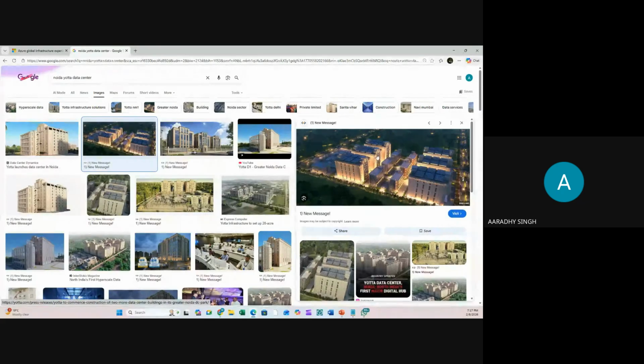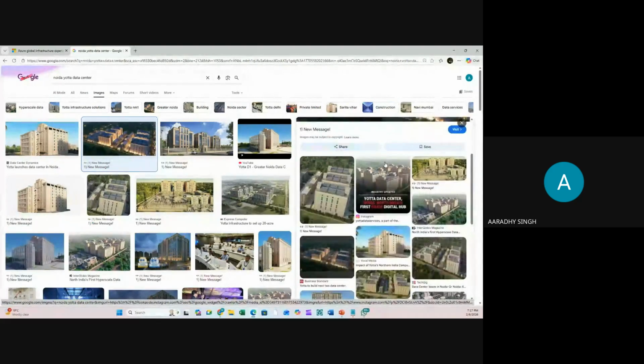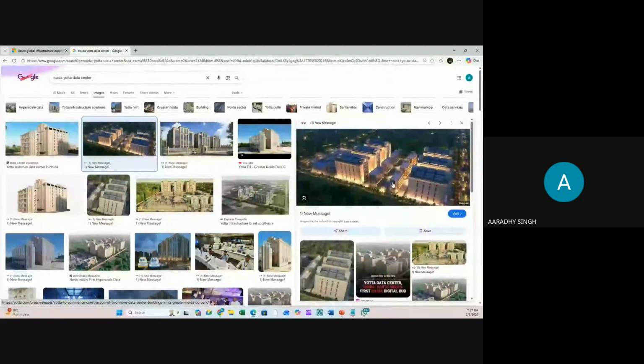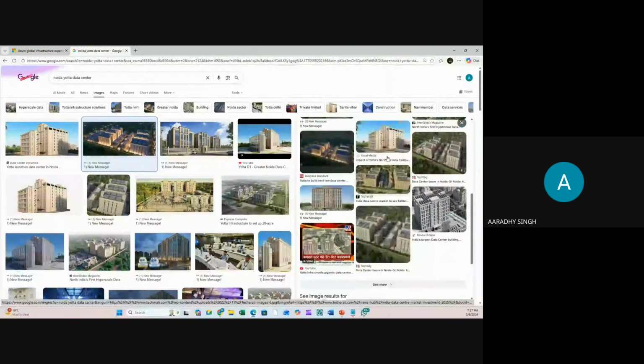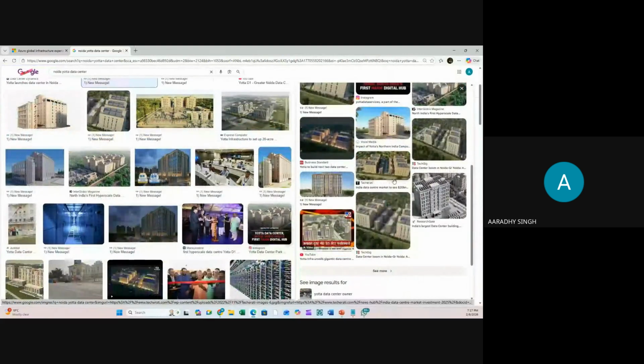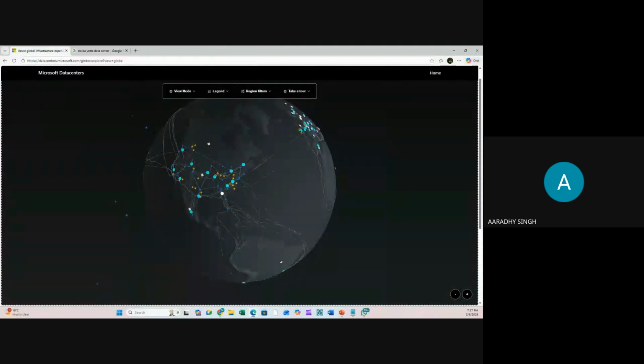As of now, this is India's biggest data center, and it's zone phase 1. Similarly, they have multiple data centers available in different phases. Hope it will be clear. What is the data center?